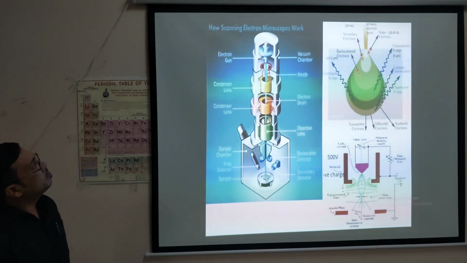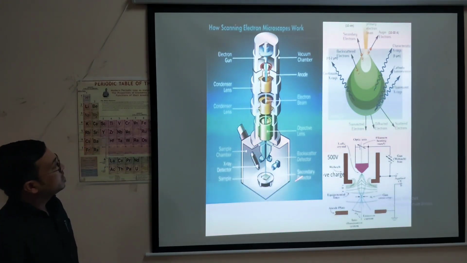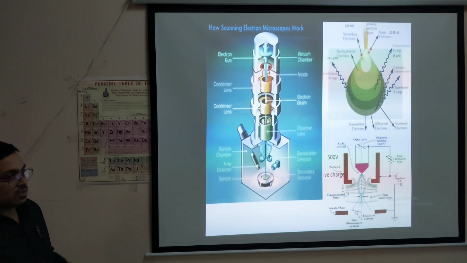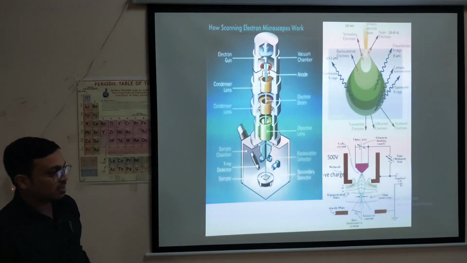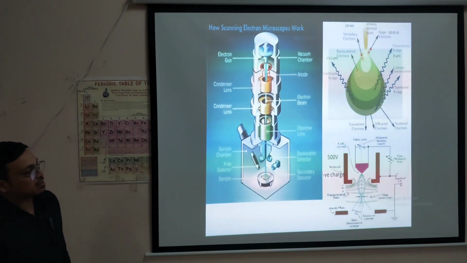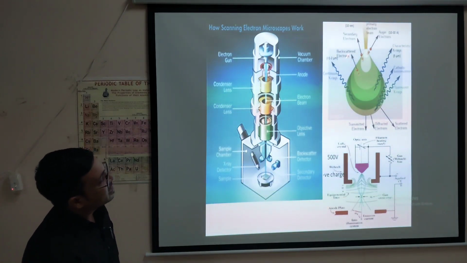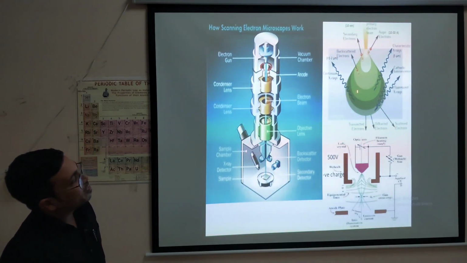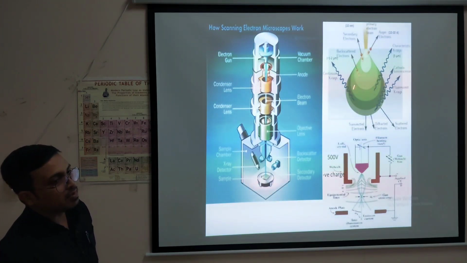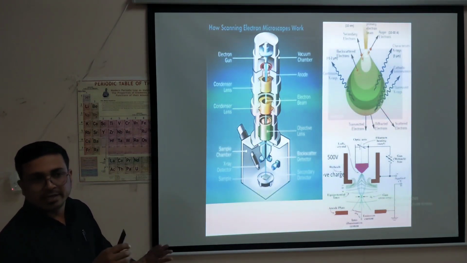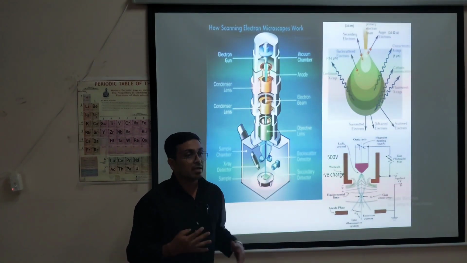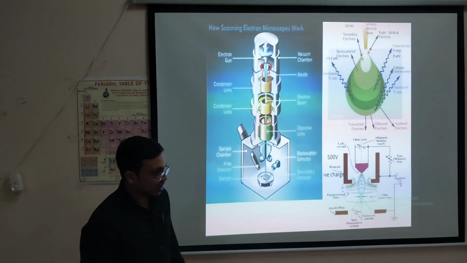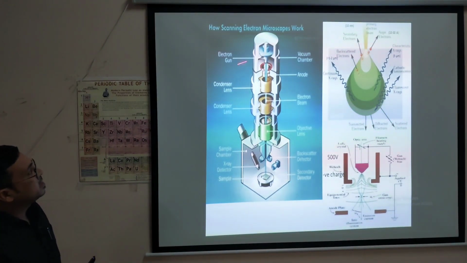Now, this is all about the system inside. This is the SEM image inside. I have taken a cross section and visualized this, and these are the things that happen after the interaction of the electron with the specimen. When an electron interacts with the specimen, what types of things may take place within? One by one, let me explain these parts.